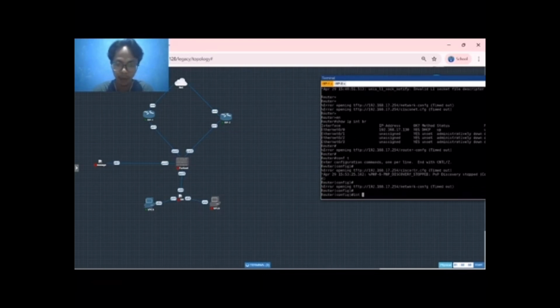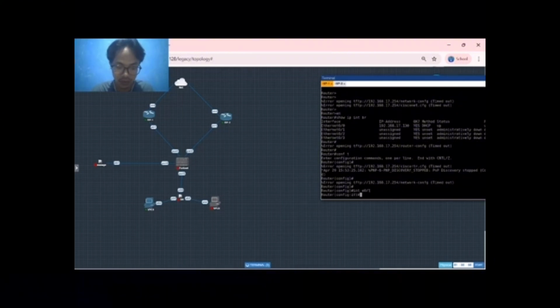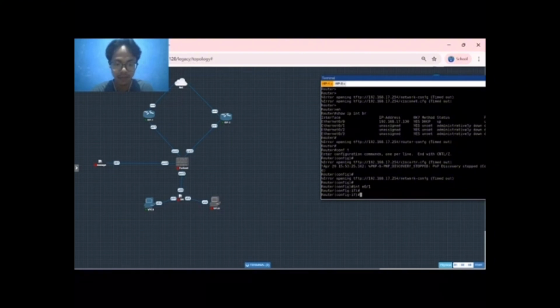We go to interface 0/1, and for the IP address we use 192.